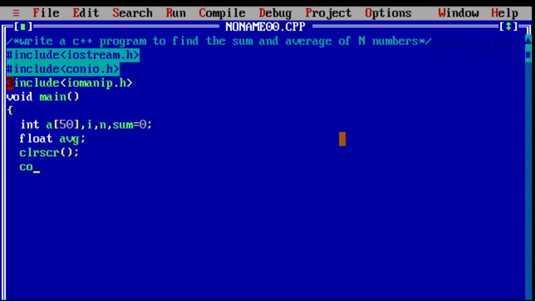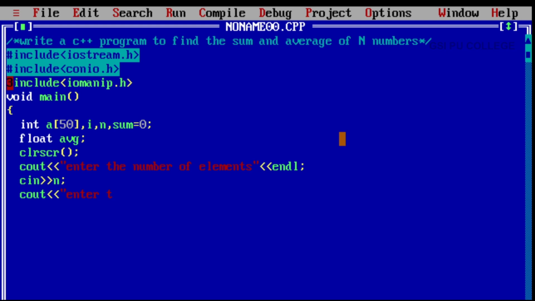Using the cout statement, this is the insertion operator, we are going to display the statement: enter the number of elements. Using the cin statement, this is the extraction operator, we are going to extract the number of elements from the user.